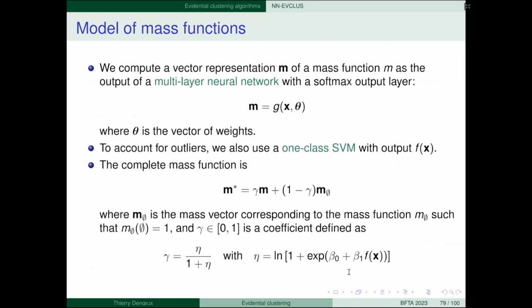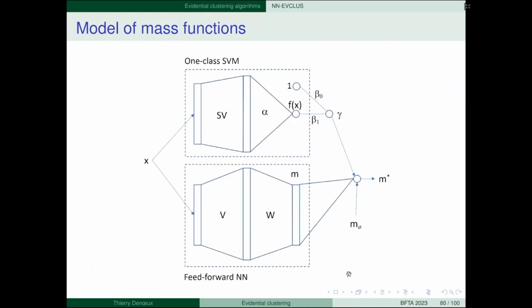It doesn't matter exactly what the formula is, you will have the slides. So the whole model: you have the vector x, you present it to the neural network, it gives you a mass function M. Then from the one-class SVM, you compute that gamma coefficient, and you get M star, which is a combination of M and M empty set.